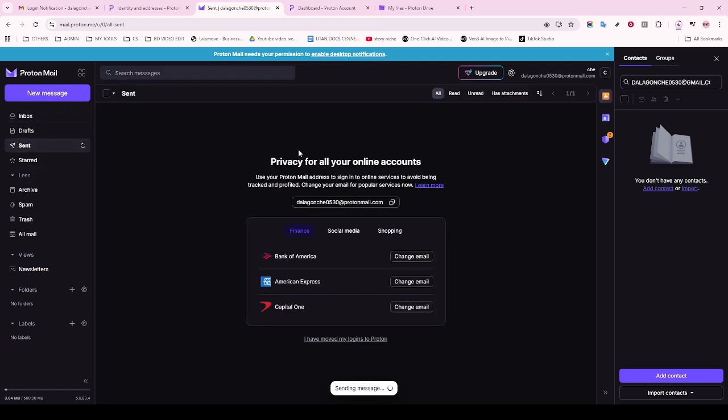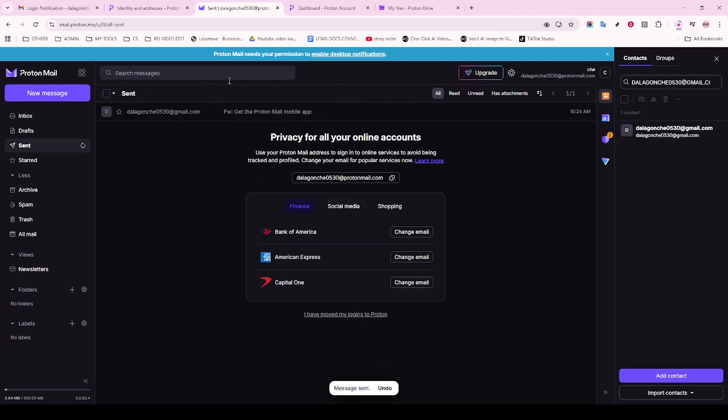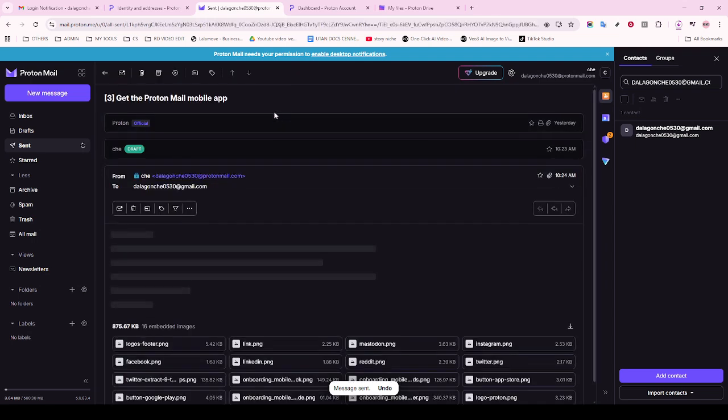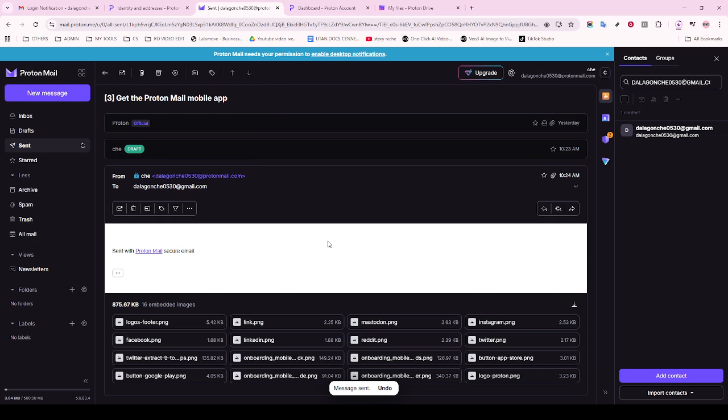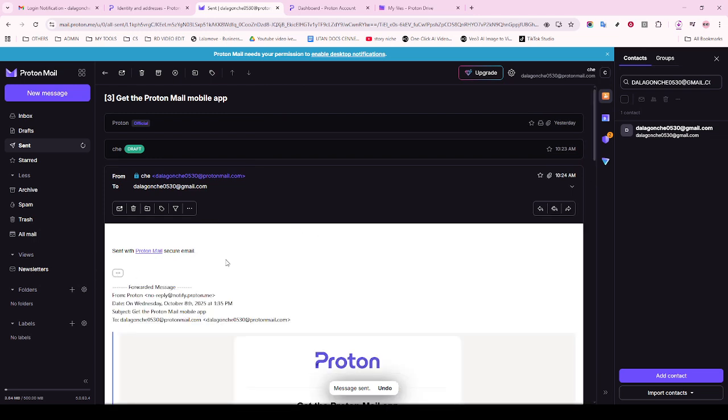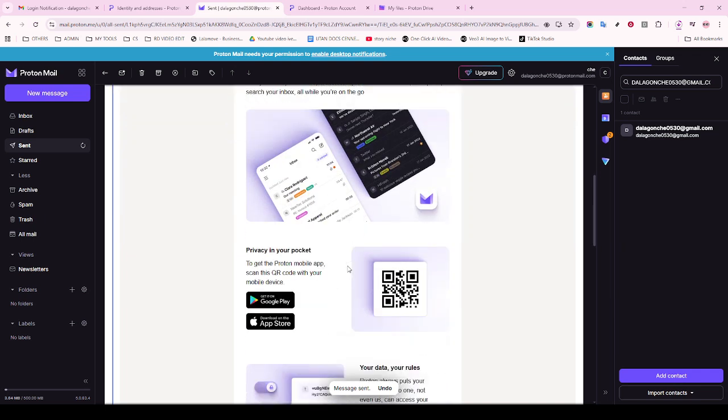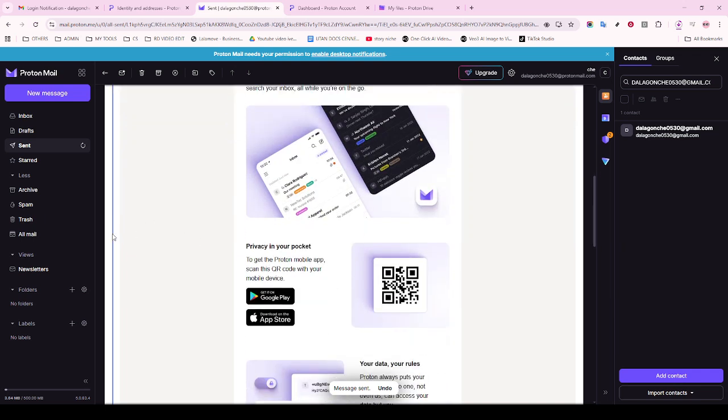And there you have it. You've successfully set up email forwarding in Proton Mail using Google Chrome. With this setup, you can rest easy knowing that your important emails are conveniently forwarded to your chosen inbox, wherever it may be. Remember, this process not only helps in managing multiple email accounts, but also keeps you connected even when